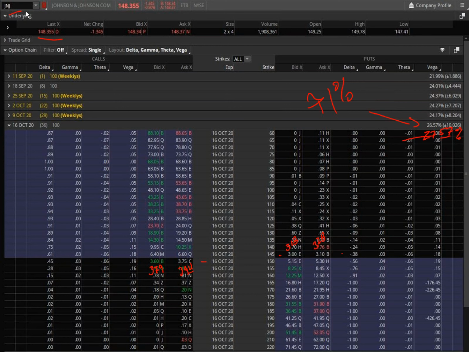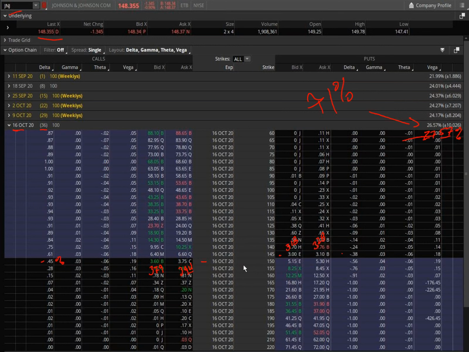Gamma goes with delta. Delta is data. Some of the data that delta tells us is how it affects our premiums, but it also tells us the probability of being in the money. So for instance, a 45 delta that we talked about for these calls means that at expiration on October the 16th, there's a 45% chance that